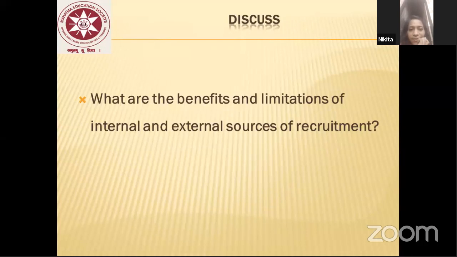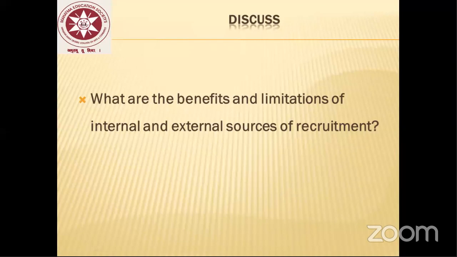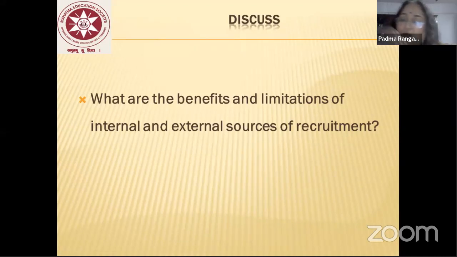इंटरनल में क्या होता है कि जब वैकेंसीज निकलती हैं तो अंदर के लोगों को पहला चांस देते हैं, बड़ी पोजीशन के लिए। जो एग्जिस्टिंग वर्कर लोग रहते हैं, उनको पहला चांस देंगे तो एम्प्लॉयज खुश हो जाएंगे कि हमारी कंपनी हमारे बारे में सोचती है, हमको आगे बढ़ाने की कोशिश करती है। और फिर आप लॉयल हो जाओगे, आप कंपनी छोड़ के नहीं जाओगे, क्योंकि कंपनी आपको बड़ा चांस दे रही है।